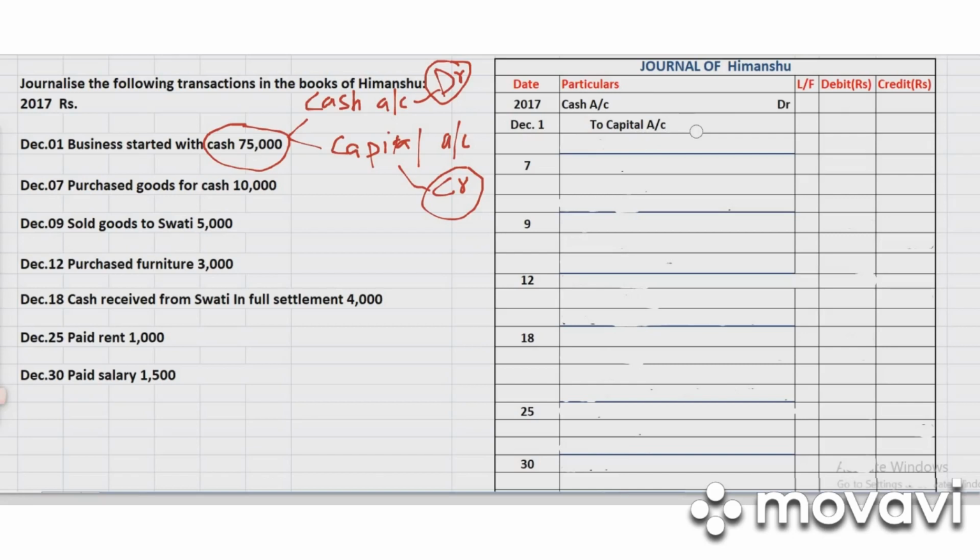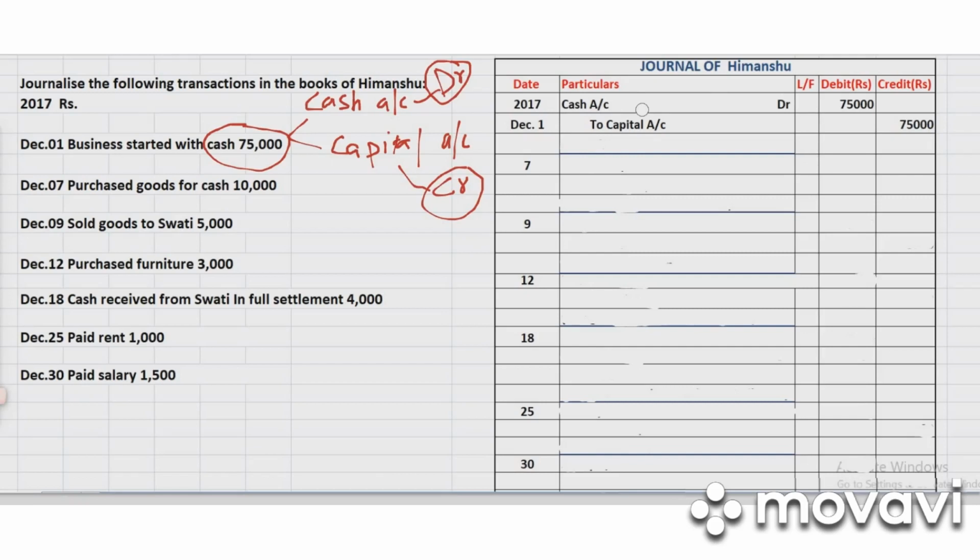So here the word Cr or credited is not written. To capital account means capital account is credited. And against cash account debited, you write the amount 75,000. Of course, the amount in both columns will be the same. And just to describe this